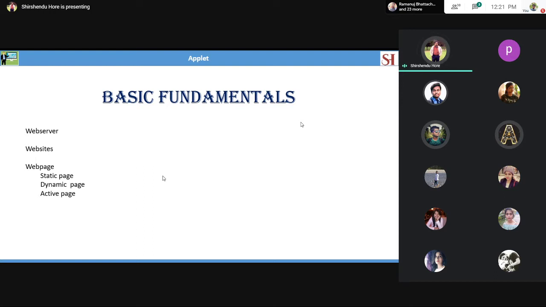But the similarity is that both the static and the dynamic page reside in the web server. They are not residing in the client machine. Or, if you run it in your own machine, then there will be two separate sections, two virtual environments. In one environment a server is running, in another environment a client is running. So it will actually run in that server environment rather than in the client environment.